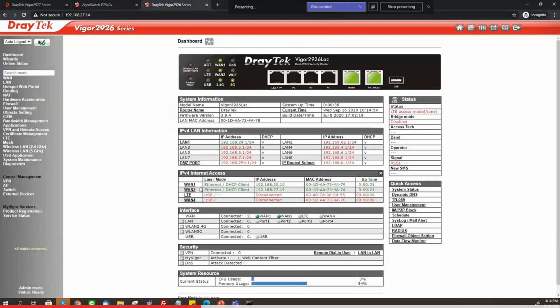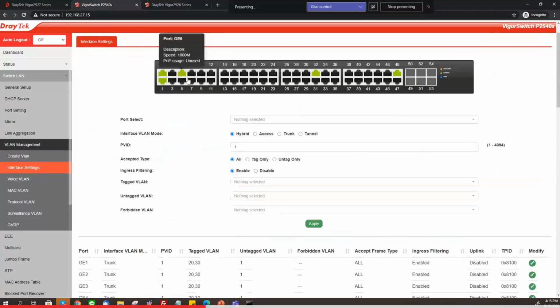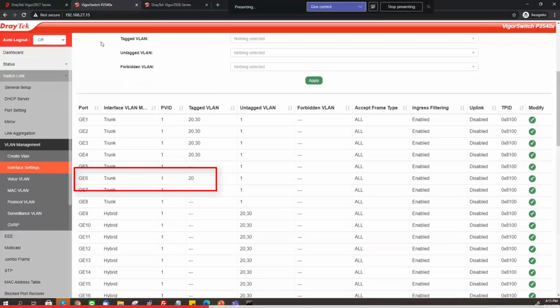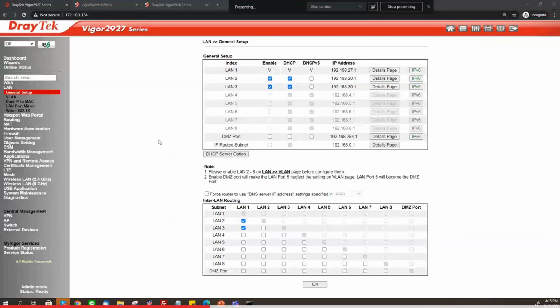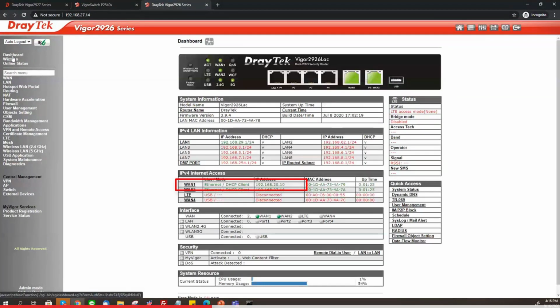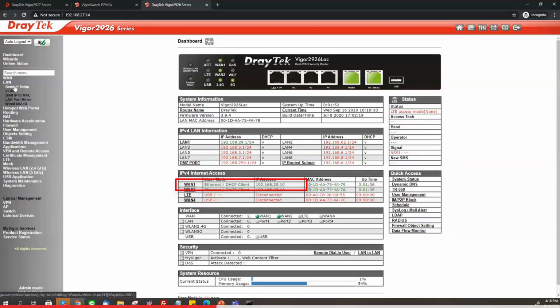Now, we'll connect WAN 1 of the router to port 6 in the Vigor switch, which is configured for voice VLAN detection. So port 6 is now connected, and we can see that it's now automatically tagged with VLAN 20. In the router, we can see that WAN 1 has obtained an IP address of 192.168.20.10, which is in VLAN 20. So this is how voice VLANs work.